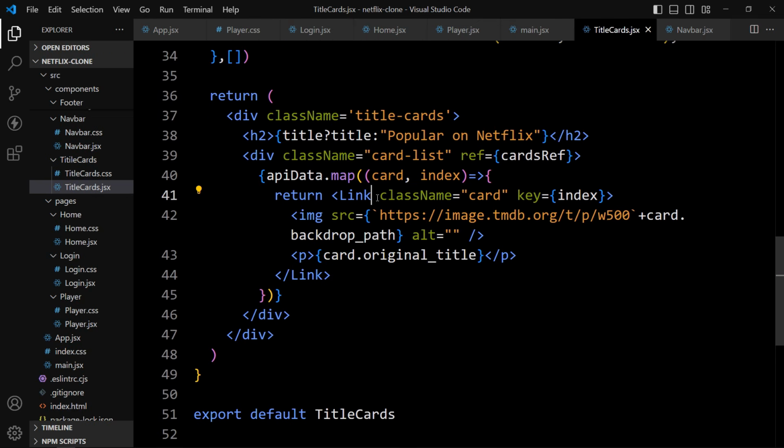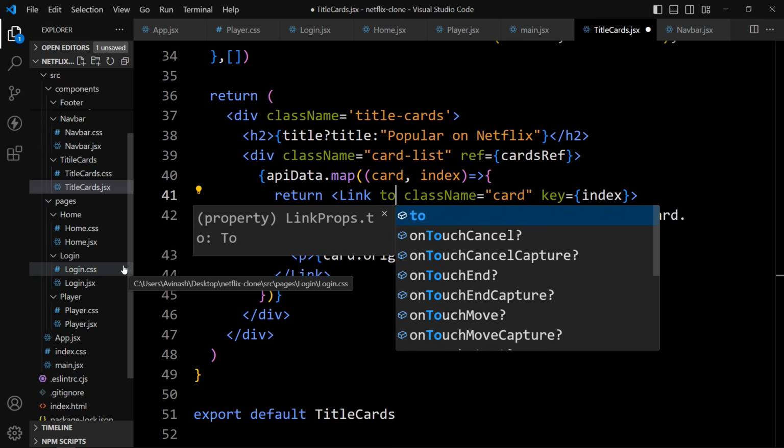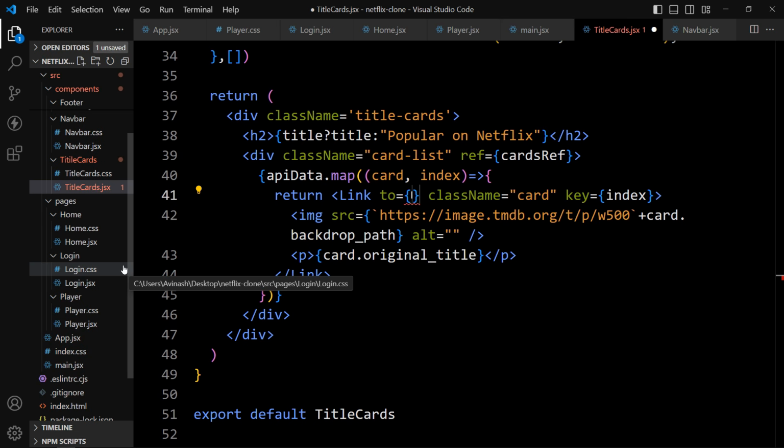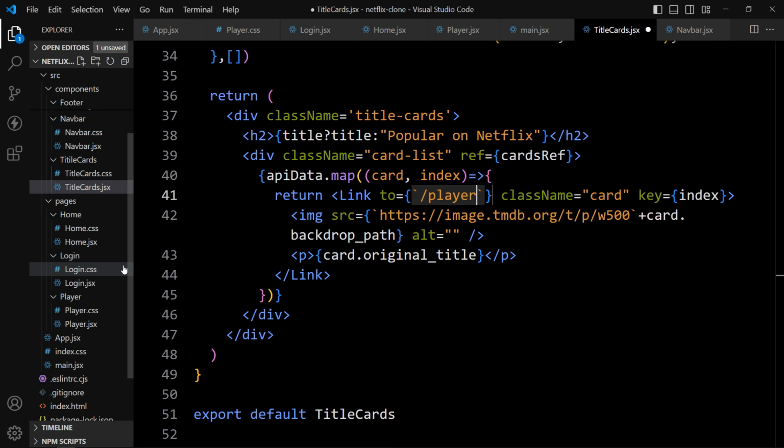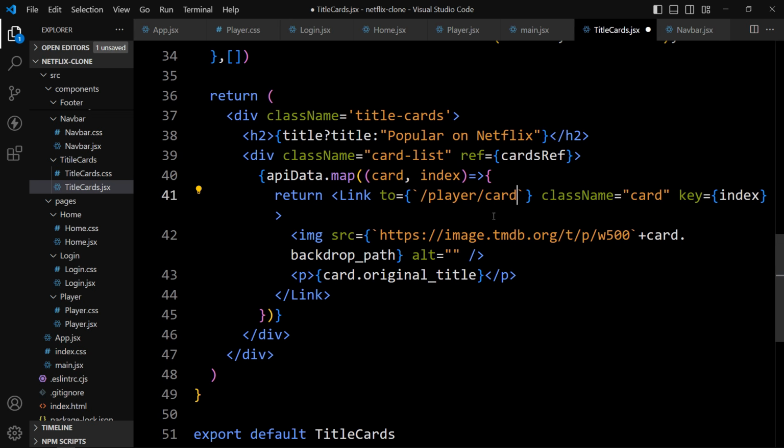In this one we'll add the to property, write to, and in this to we have to provide the path. So let's add curly braces. In this one we'll add backticks, then slash player, then slash, and here we have to provide the movie ID. So we are getting the data in this card. So let's use this card, and from this card we can find the ID like this.